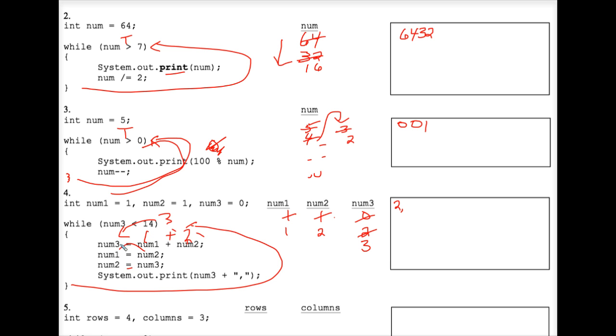Num 2 plugs into num 1. Num 3 plugs into num 2. Hey, look, it's kind of like this 2 slid over there and this 2 slid down. It's kind of the way it's working here, and if you haven't noticed. Anyway,